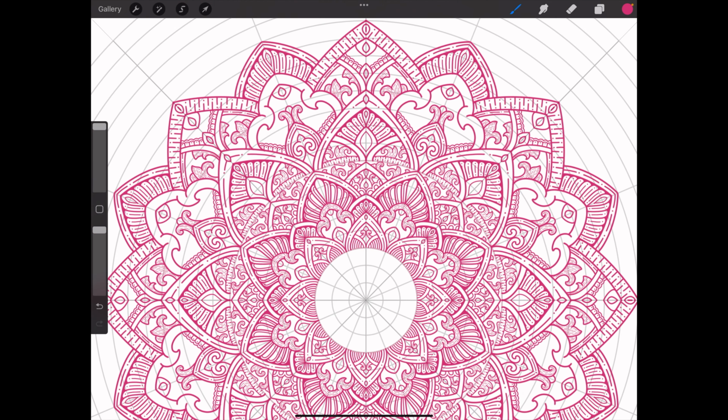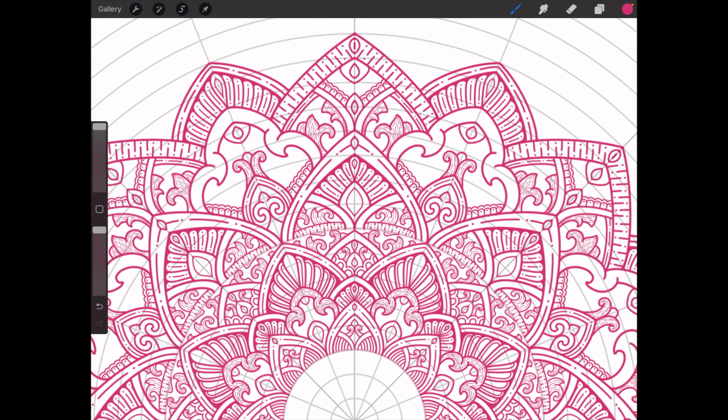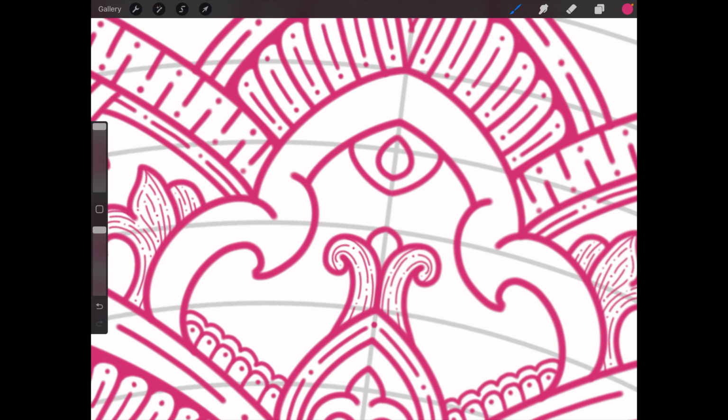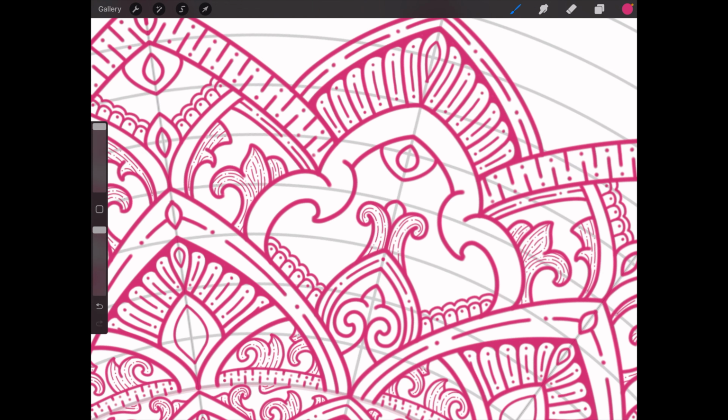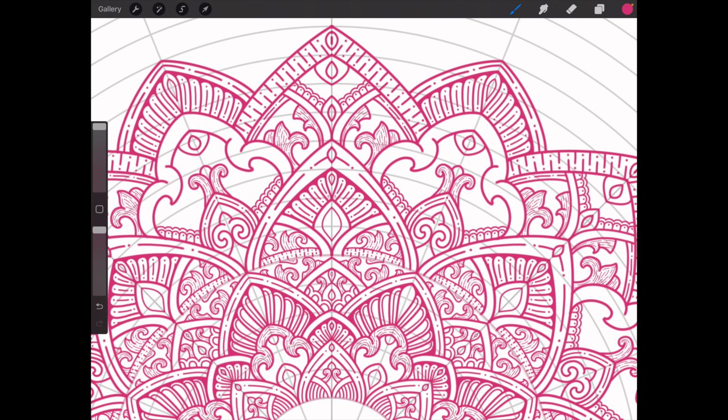Now, I wanna make sure I give a disclaimer or a warning. The reason why I don't do the mandala all this way with the ink, the color, the shading, whatever, is because sometimes there's some imperfection. I don't know if you can see it from your screen, but you can tell which one is the original and which one's the duplicate. The quality diminishes from copying it. Also, sometimes it won't align with the grid. I'm sure there's a way to fix it or stop that from happening, but I actually like